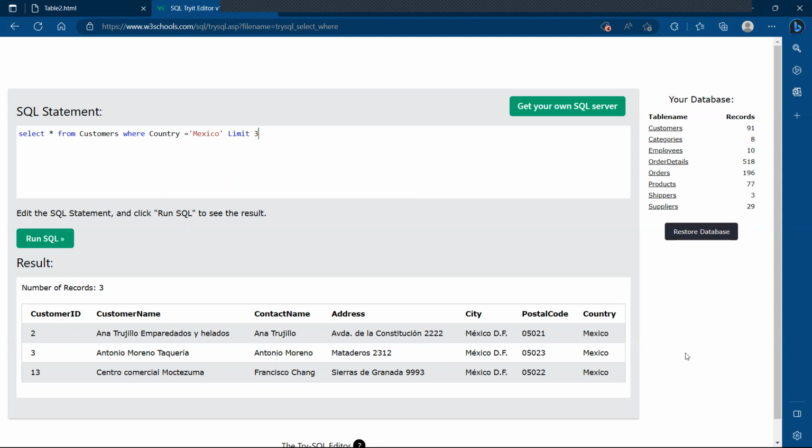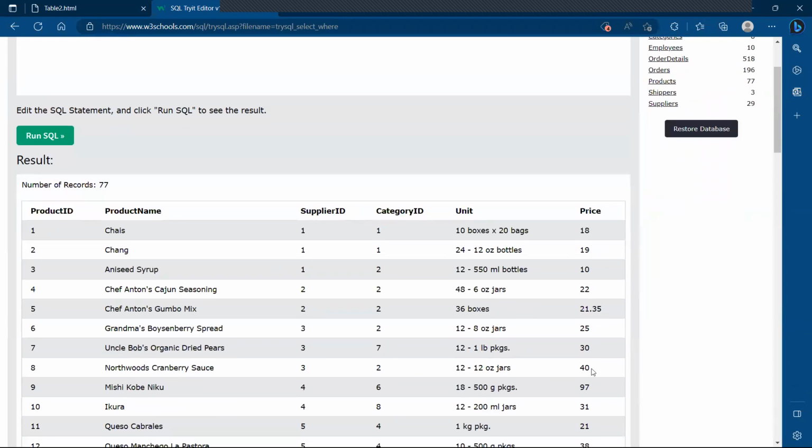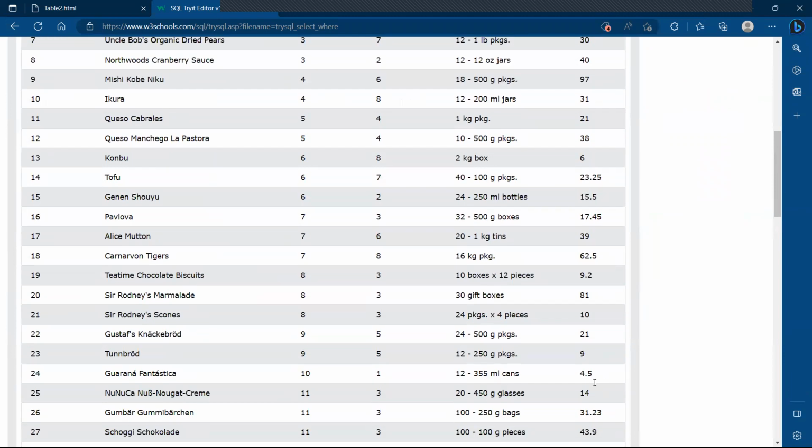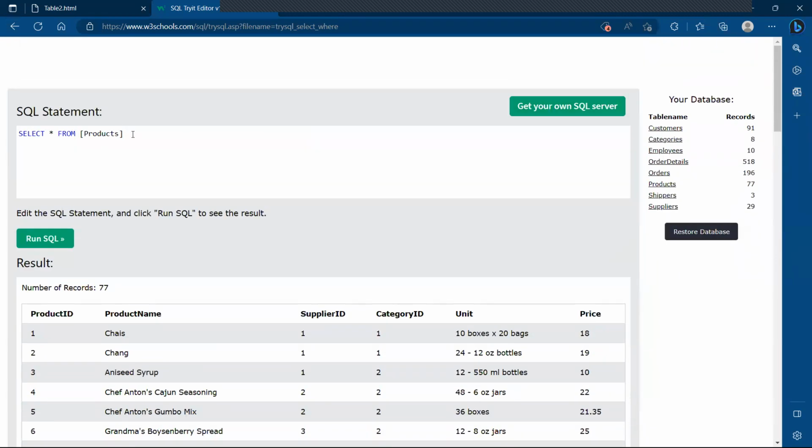So now suppose I go with any product. See, in product, if you take, some prices are there. So now I want to know what is the lowest price, what is the highest price. If I want to know, then I can write a query, right? So if I just want to go with the smallest price, or the lowest price, in this case, what we can do, simply we can say select,